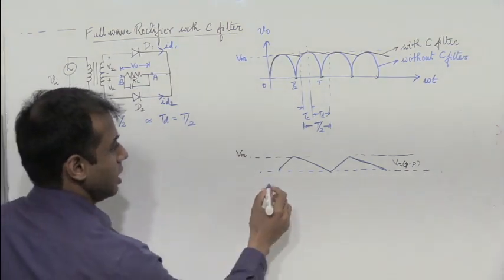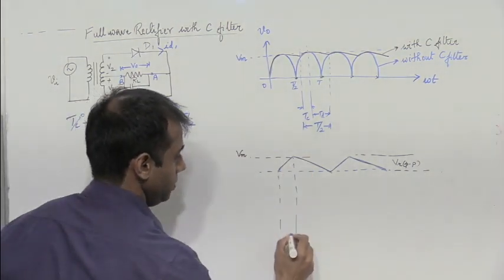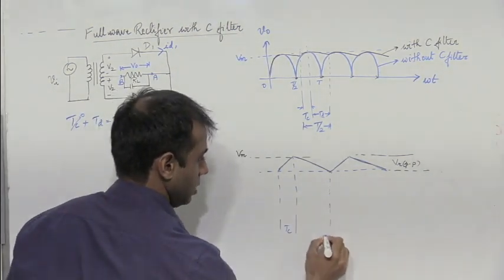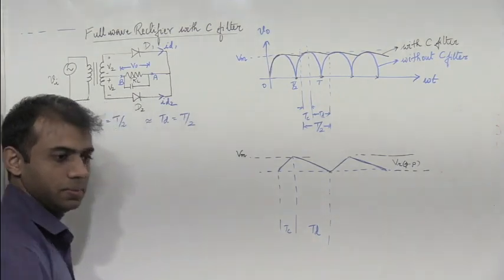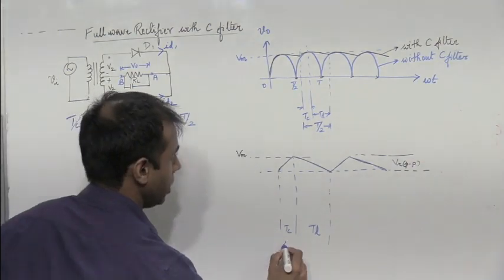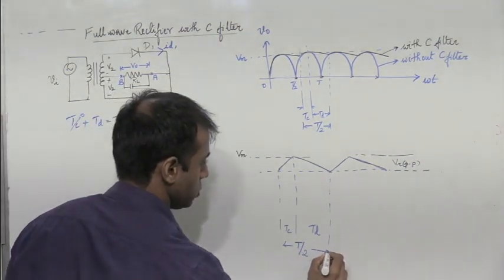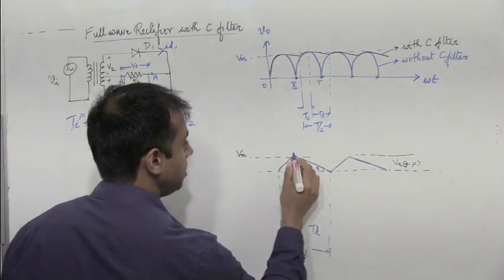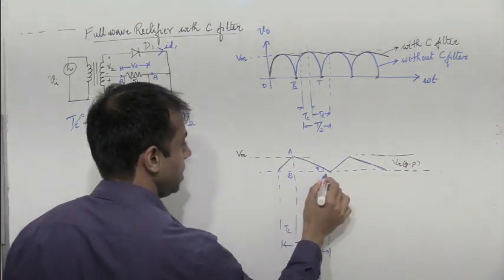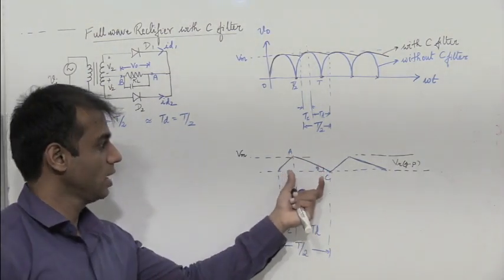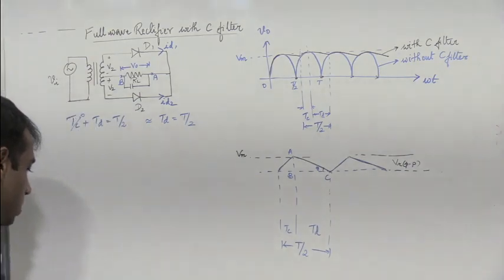right? So this is the charging time Tc, whereas this is the discharging time Td, right? So this is Tc and this is Td, and this entire duration is T by 2. Okay, so let this angle be theta, and let me consider this right angle triangle AB and C. So now let's come back to